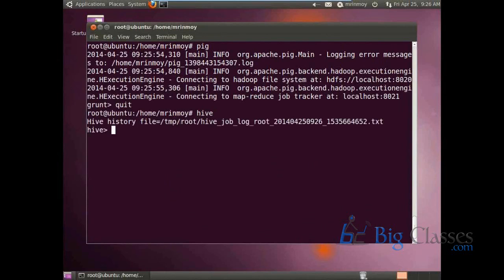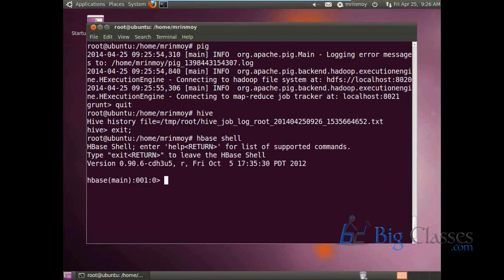Hive is one more ecosystem component. As I said, this will be just similar to SQL, and here, of course, the commands will be similar to SQL. And I have HBase here. I have HBase installed on my machine. Just a second, it takes some time because it's VMware, right? So I didn't give more space for it. So HBase is there with me, and I also have